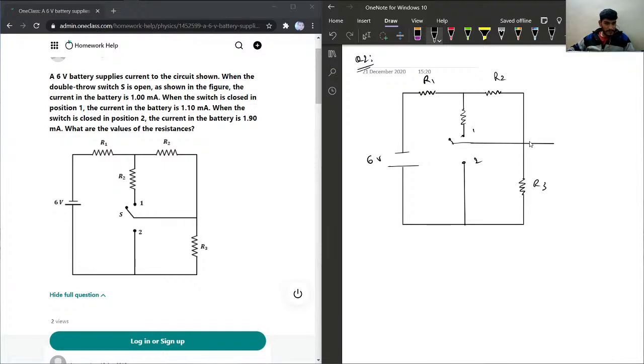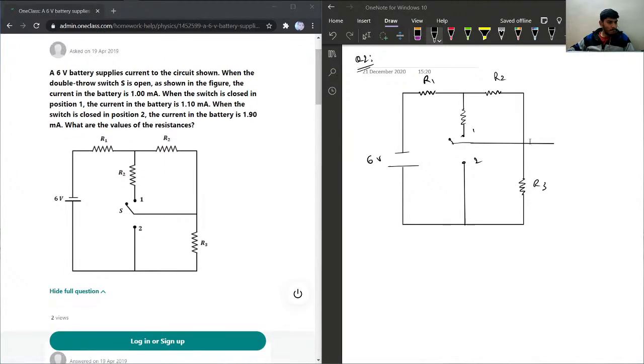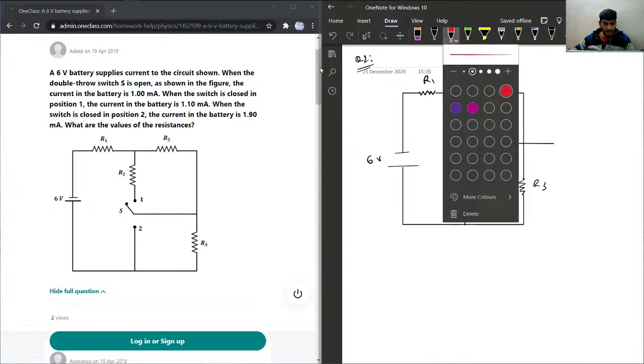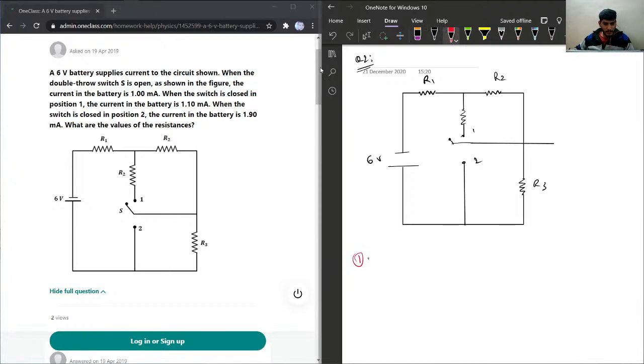So what I will do here, a 6 volt battery supplies current to the circuit shown. When the double throw switch S is open, as shown in the figure, the current in the battery is 1 milliamp. So for case 1, this switch is open,